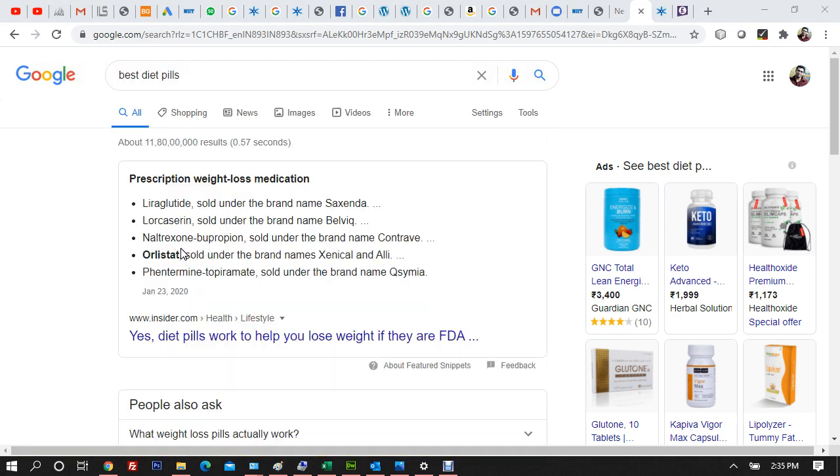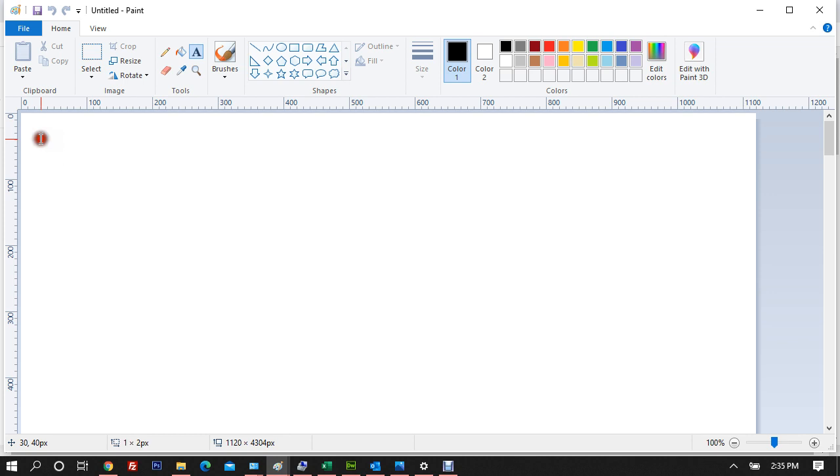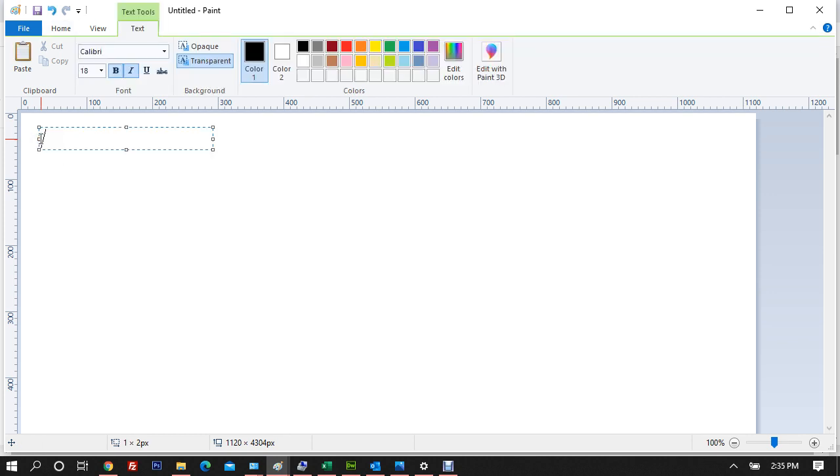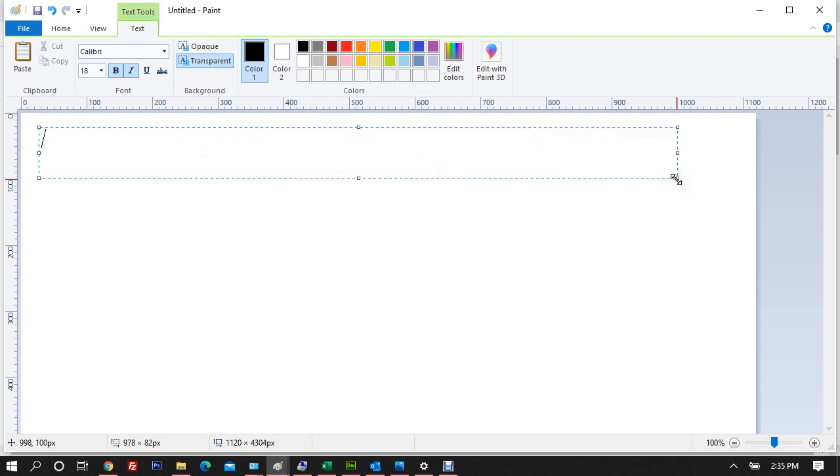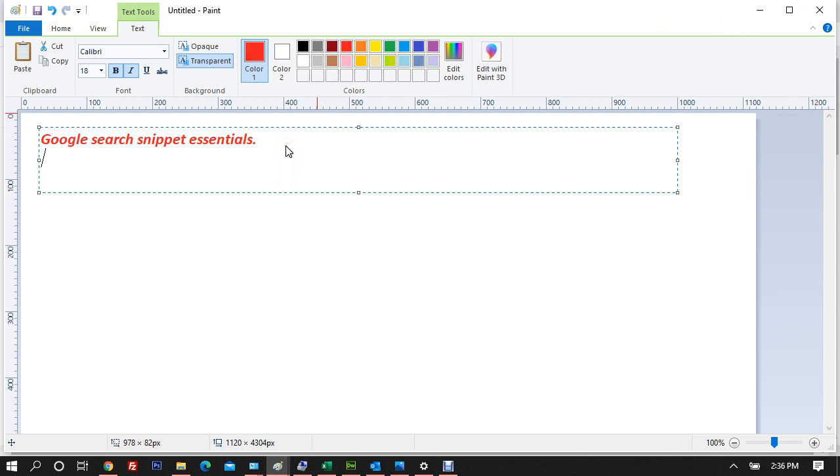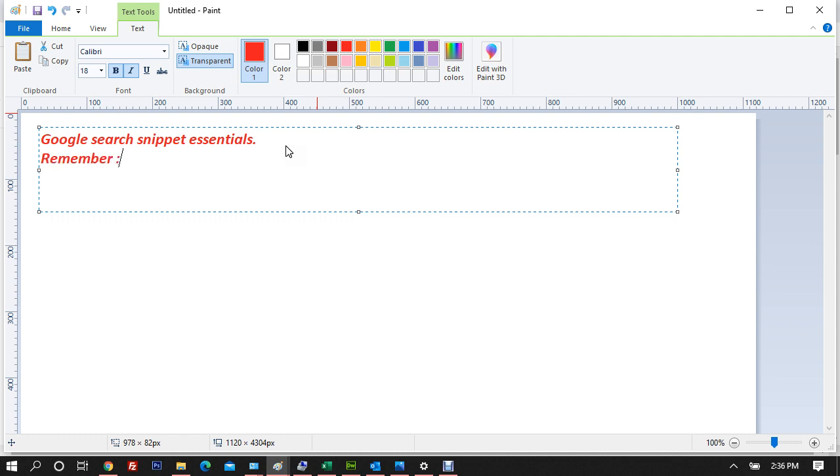So let's analyze what the features are that we should take care of while writing content to get listed for Google search results. Number 1, I'll write it down here: Google search snippet, no spelling mistakes. Google search snippet essentials. What are the essentials for Google search snippets that you need to take care about? And number 1, remember,